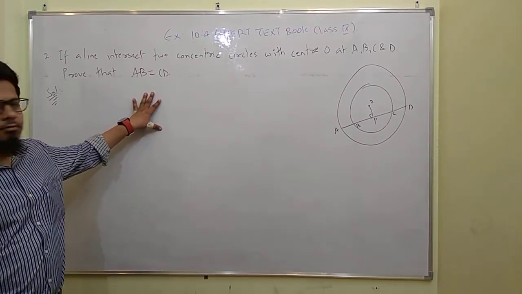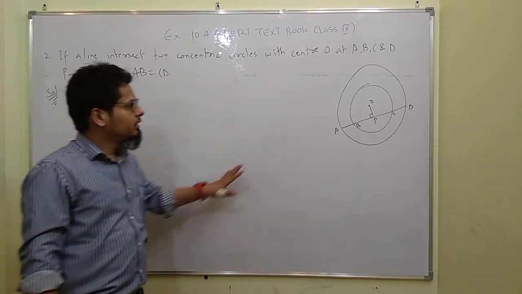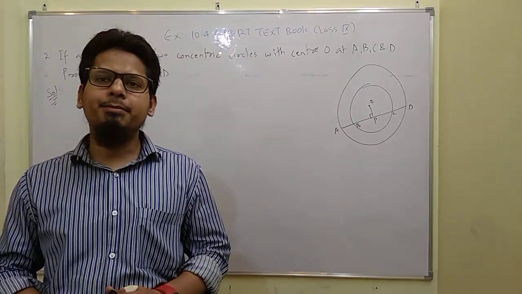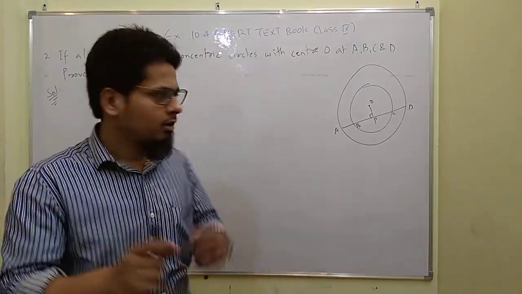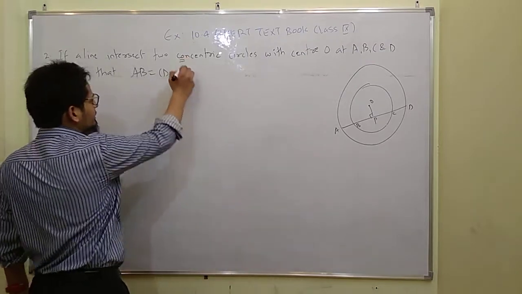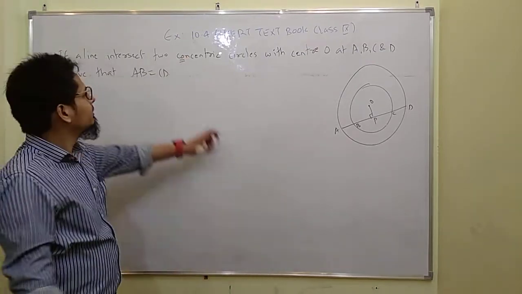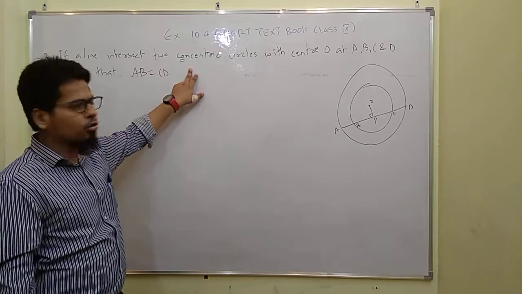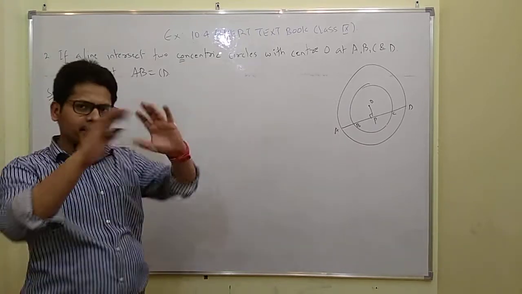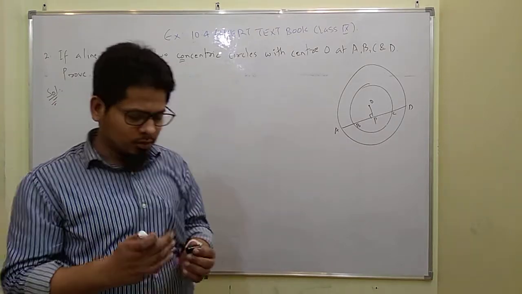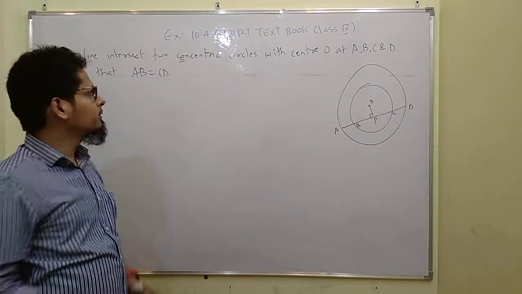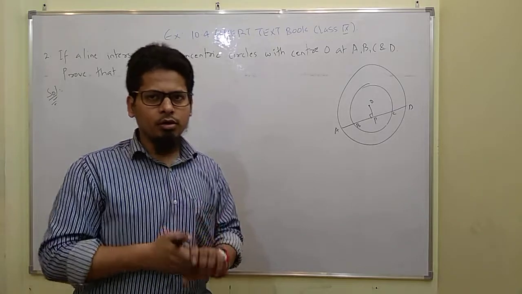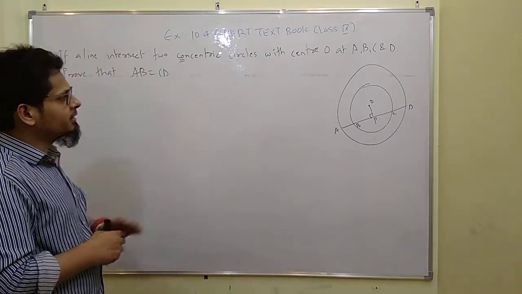The next problem I take is this one. The two circles are called concentric circles, right? The circles with the same center are called concentric circles, okay? The word con represents same, and centric refers to center, so circles with the same center are called concentric circles. I hope it is clear to you. Now start with this problem. It is a very simple problem.